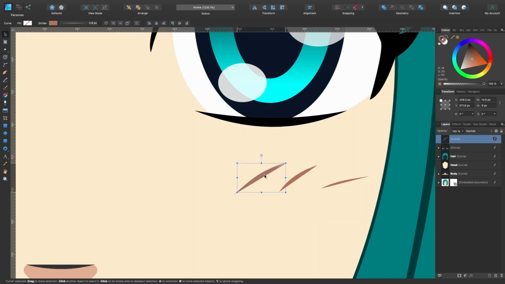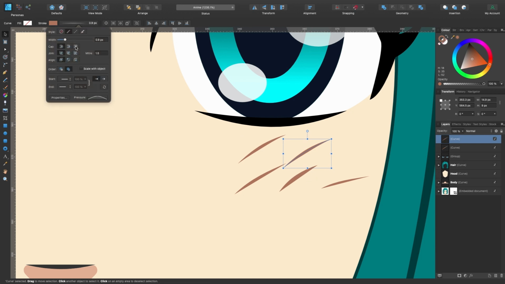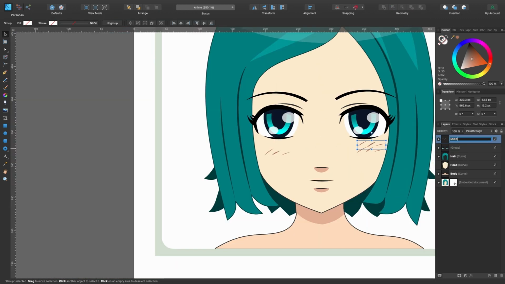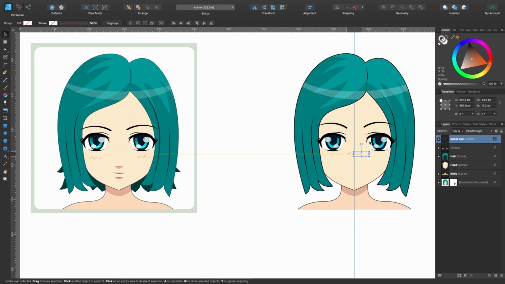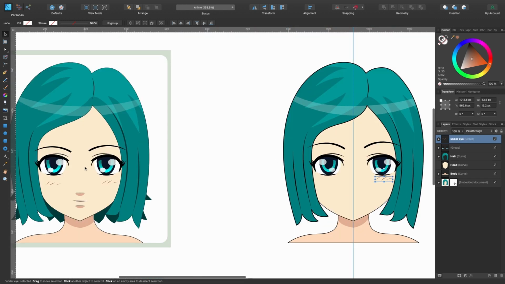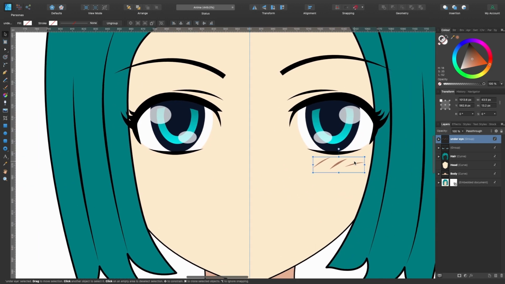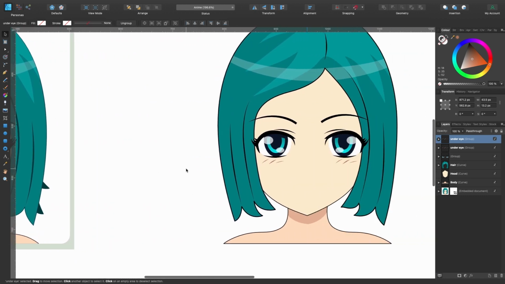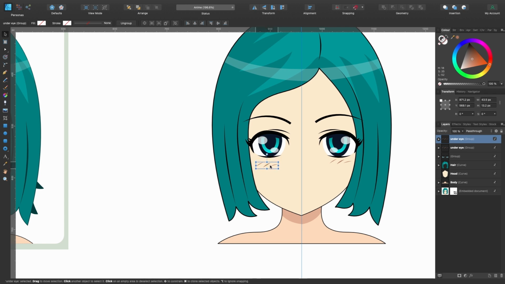Okay, so I've made my first one, and I'll drag it up here. If you want to duplicate, you don't always have to press Command J. You can keep your finger on Command, click and drag out, and it will make a duplicate of that. Obviously, you can see that's a little bit thicker, so you just do what you need to do to make it look the same. I'll name it under eye, and I'll drag it across to our one. And the other ones look pretty much similar. So what I'll do is press Command, click, and Shift and drag it across to the side like that, so it's similar to where that one is. That looks a little bit lower on this one, so I'll drag that a bit lower.